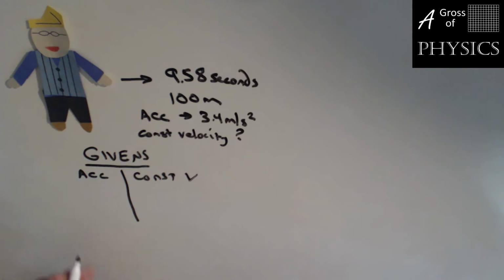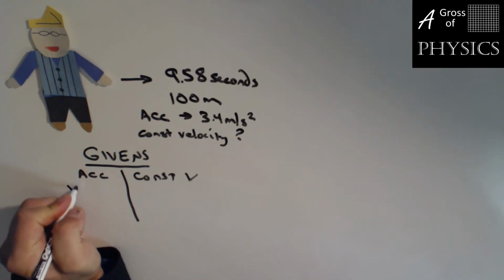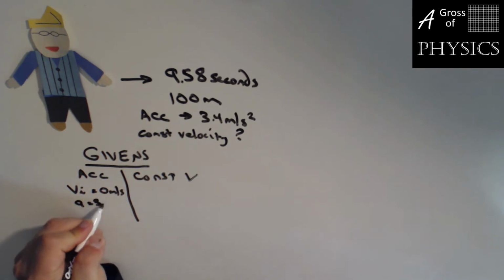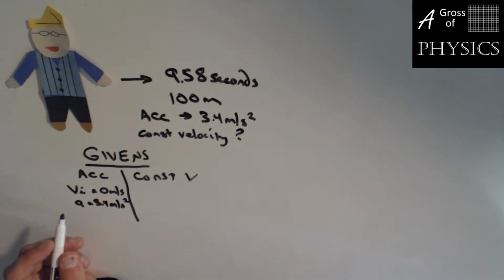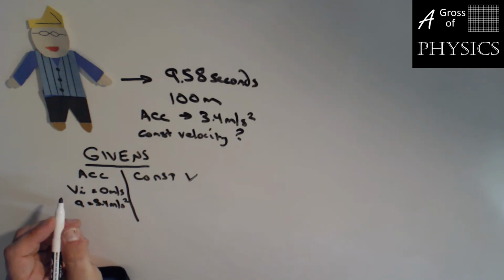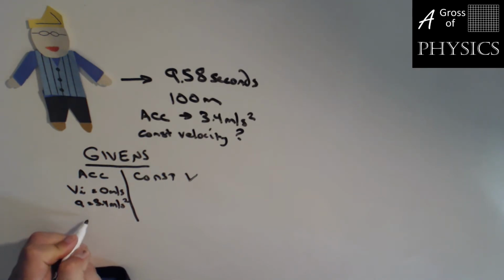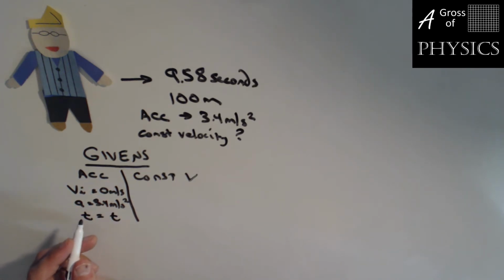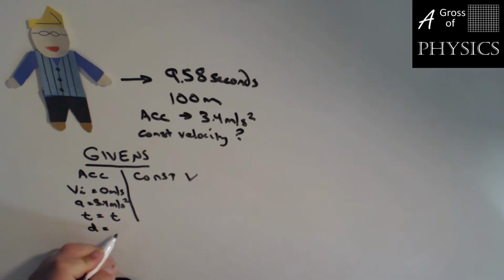Now, when he's accelerating, he's going to start from rest, so VI is 0. His acceleration was given as 3.4 meters per second squared. We don't know how long he takes to do this section, so we're just going to call it t equals t. You'll see why in a second. We also don't know the distance he travels, so we're going to say d equals d. You can call it x and y if you wanted, but I'll stick to the variables we already know. The other thing I know is that we're going to need to find VF, and that's because this